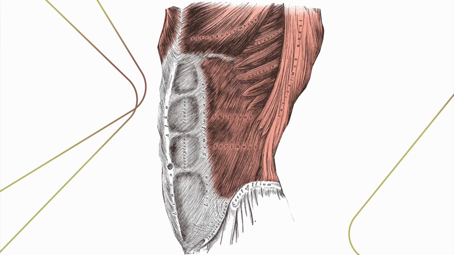The external oblique extends from the lower half of the ribs all the way down to the pelvis. The external oblique covers the side of your trunk and is a relatively large muscle, sitting on the top layer just below a layer of subcutaneous fat. And again, of course, the internal oblique sits just underneath the external oblique.